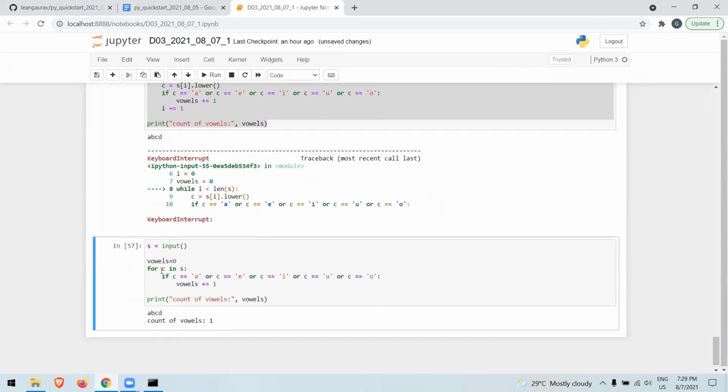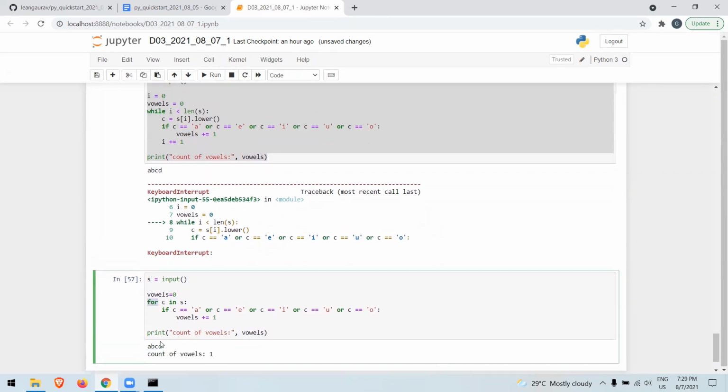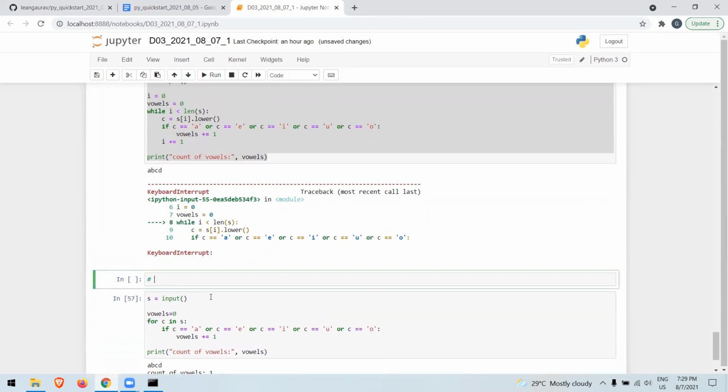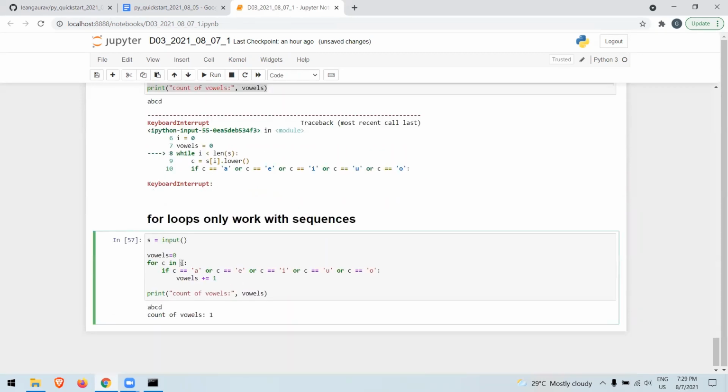Now what happens when you use this loop? This is the second kind of loop in Python, which is the for loop. With a while loop, you have to write a condition. With a for loop, you can use it only with a sequence. Okay, that's a restriction with for loops. So for loops can only work with sequences. Since S is a sequence, the syntax of the for loop is like this: for some variable in some sequence,